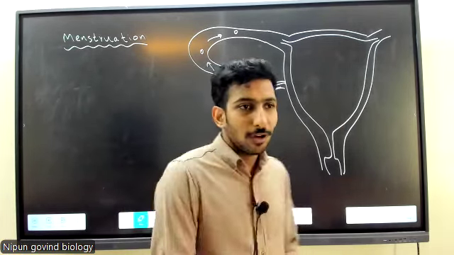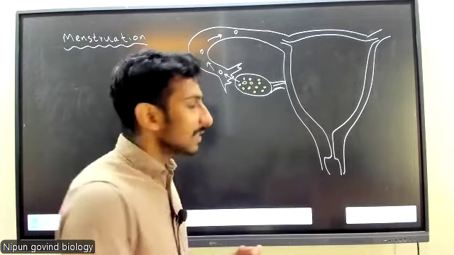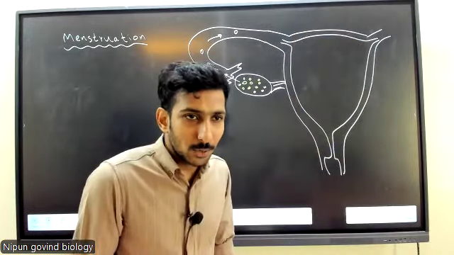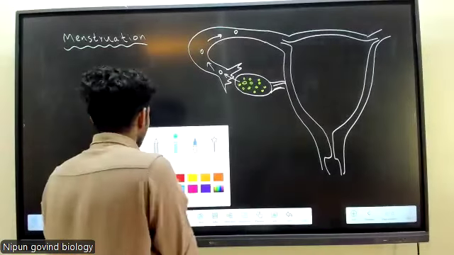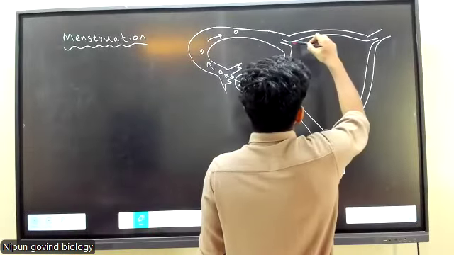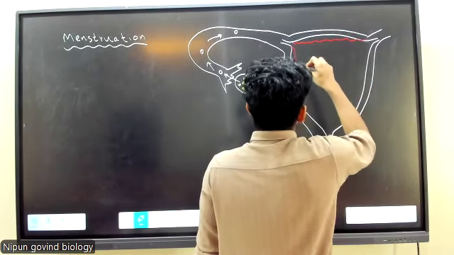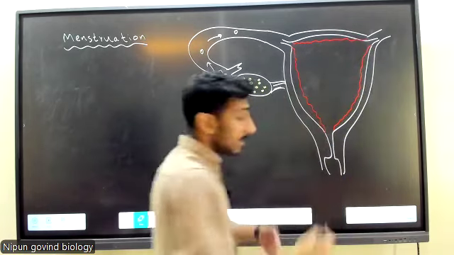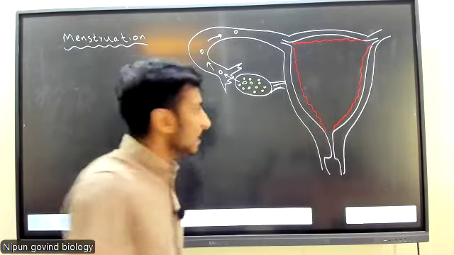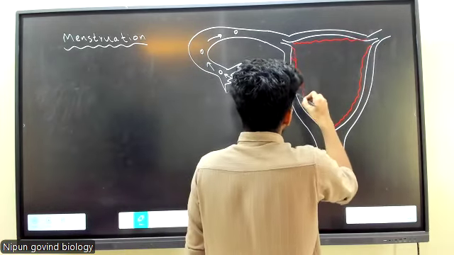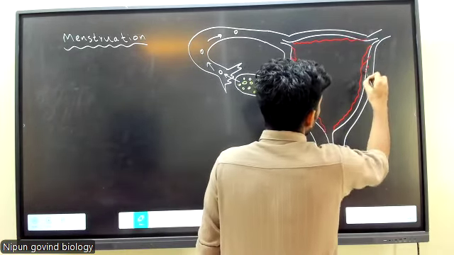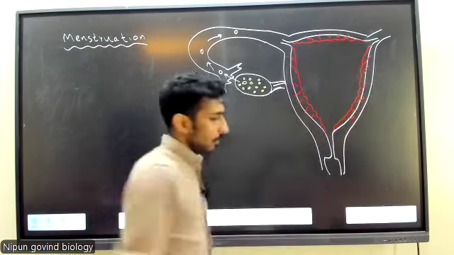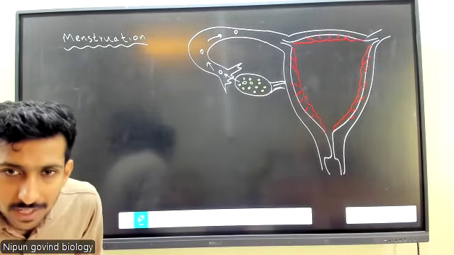For implantation, the uterus will prepare itself. By making the inner layer of the uterus spongy, the uterus makes its inner layer spongy and adds new blood vessels. For what, guys? To carry a fetus and for implantation. Okay, the embryo